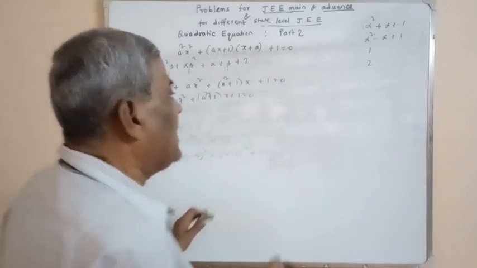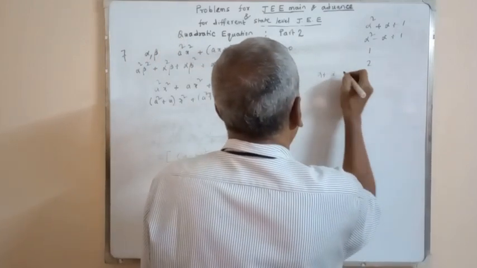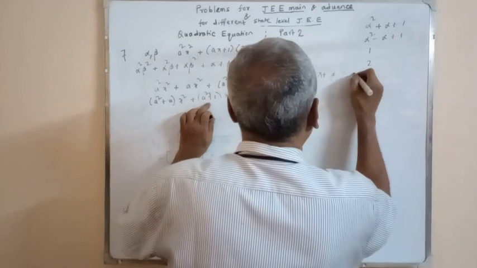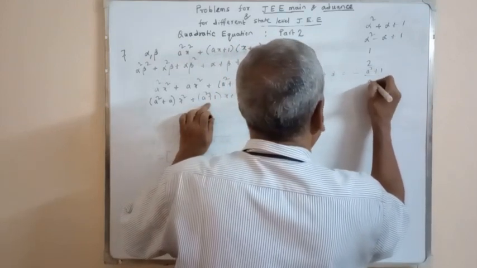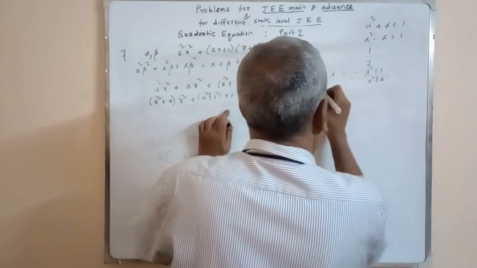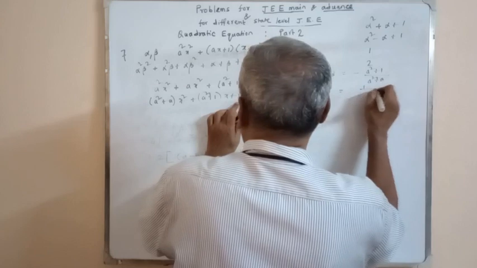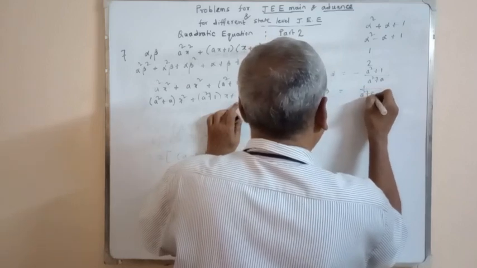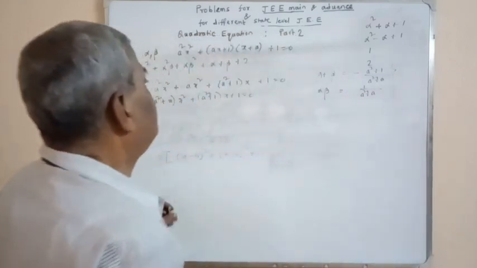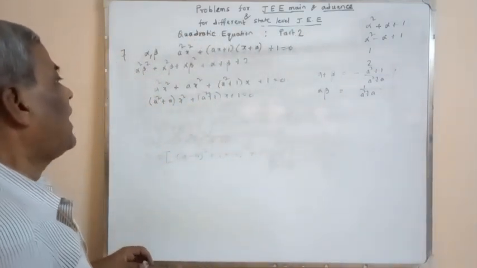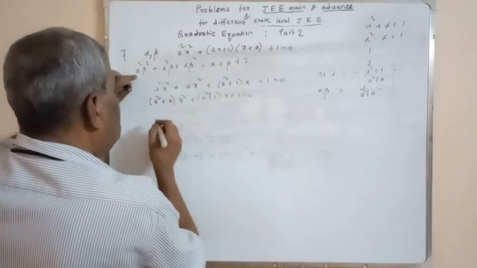So we must have the sum of the roots, alpha plus beta, equal to minus (a square plus 1) by (a square plus a), and alpha beta is equal to 1 upon a square plus a. We obtain this from the equation. Now we have to find this value. This is simply